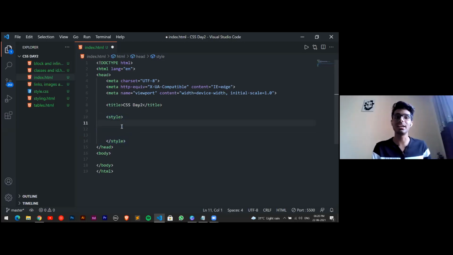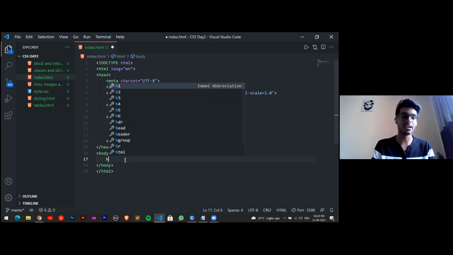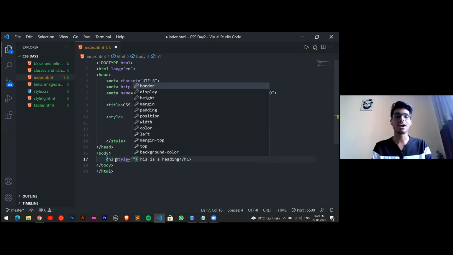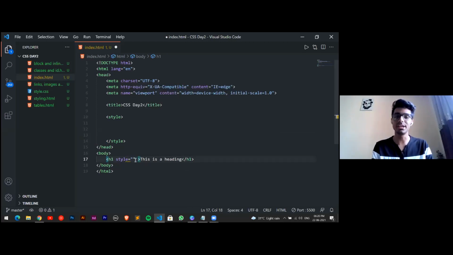Also, the inline styling which we do, like if I write an h1 tag and say this is the heading, and if I open a style tag over here, this gives me a style tag. We don't use this every time.